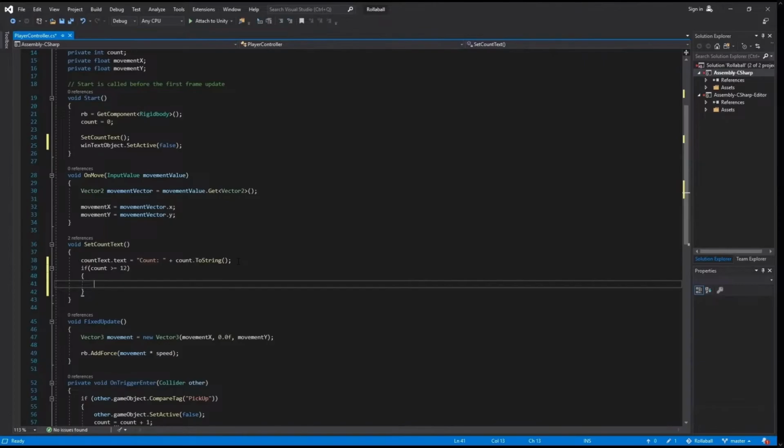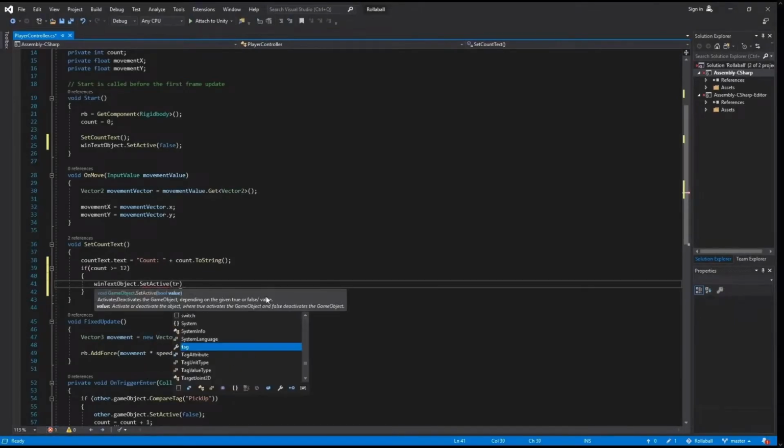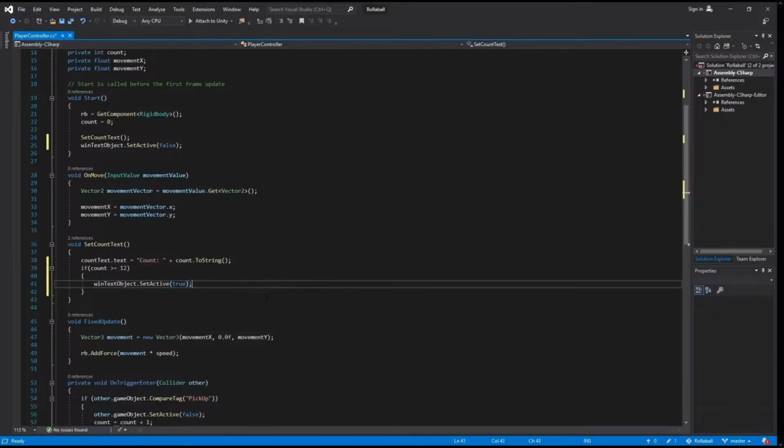An important note: if you add a different number of collectible cubes to the game, perhaps a few more than 12 or a few less, your if conditional statement must reference that number. Otherwise, the game end text may display too early or might not display at all. Inside the curly braces, set the WinText object to active. WinTextObject.SetActive(true);